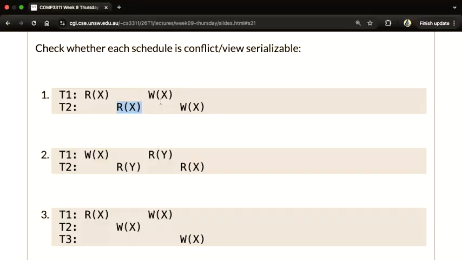But what about view serializable? Pardon? Does the cycle have to contain all the nodes? No. Any cycle is a cycle. That's a great question. If we have 5 nodes and you find a cycle between 2 nodes, then it's still a cycle. Great. And because it's not conflict serializable, because there's a cycle in the precedence graph,